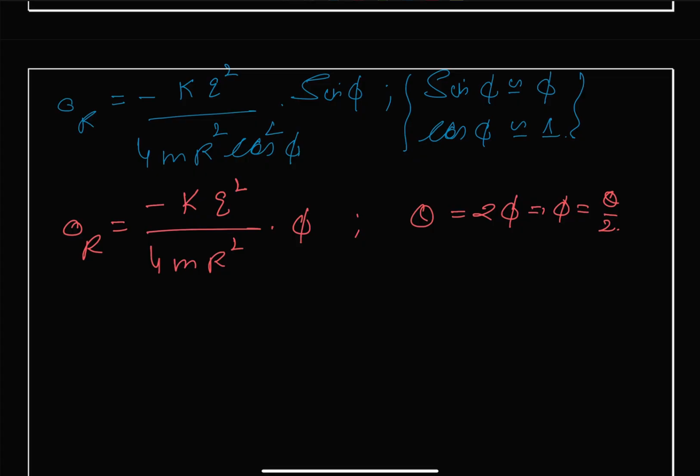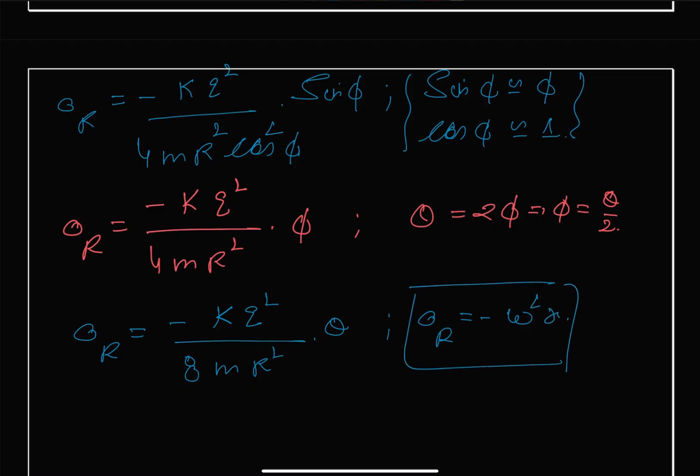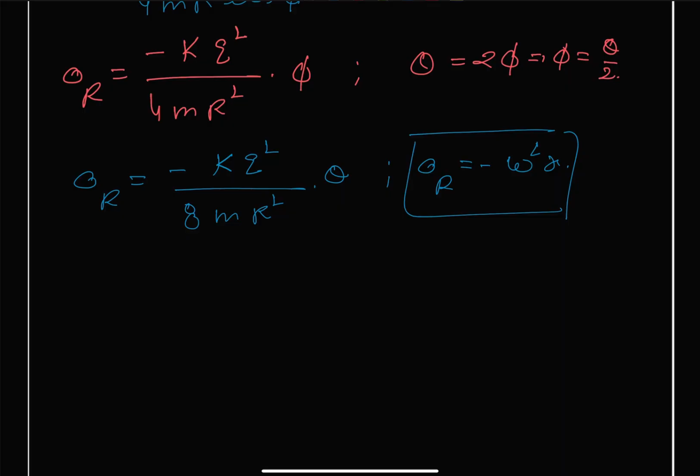We can write that A_R is equal to minus KQ square, and this comes in now as 8 m R square multiplied by theta. And we also know that our restoring acceleration A_R is nothing but omega square times x. That is a standard relation. X is the displacement here, x is represented as theta. So we can write that omega square is equal to KQ square divided by 8 m R square,